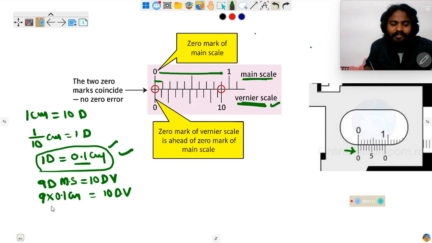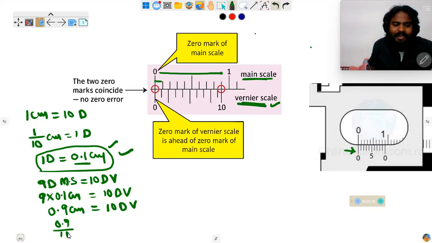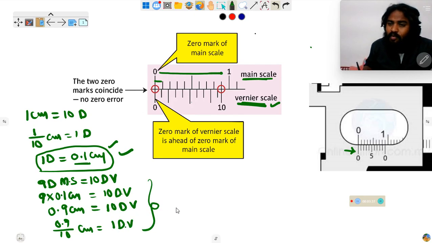So 9 into 0.1, 0.9 centimeter, is equal to 10 divisions on the Vernier scale. Okay? So from this, if you send this 10 this side, then what happens? 0.9 by 10 centimeter is equal to 1 division on the Vernier scale. So from this calculation, 1 division on the Vernier scale is equal to nothing but